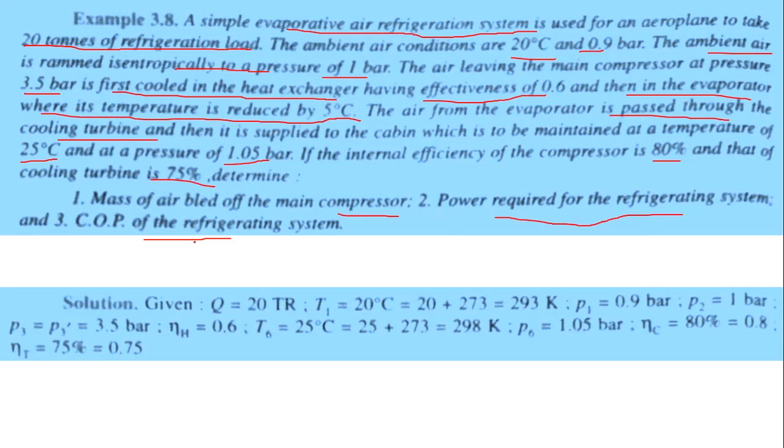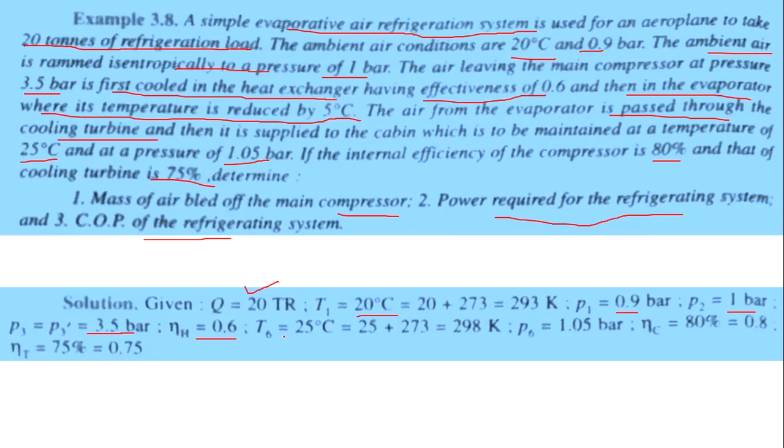Given things are: tons of refrigeration is 20, initial temperature is 20 degrees Celsius, initial ambient pressure is 0.9 bar, the ramped pressure is 1 bar, the final pressure, meaning the compressed pressure, is 3.5 bar, then effectiveness of the heat exchanger is 0.6,